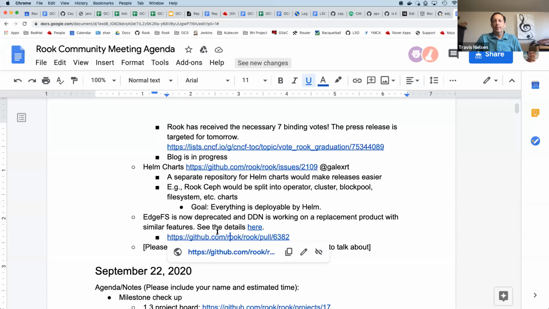Any questions on it? Yeah, the GitHub issues have been closed as well, since there is no plan to make more enhancements to EdgeFS. Yep, and if you're wondering, it really is totally coincidental with graduation. And here we are.